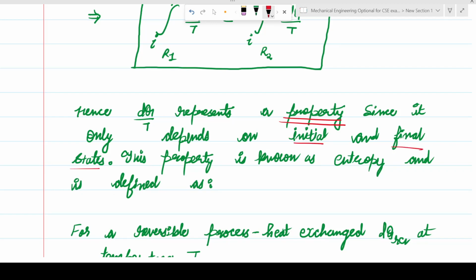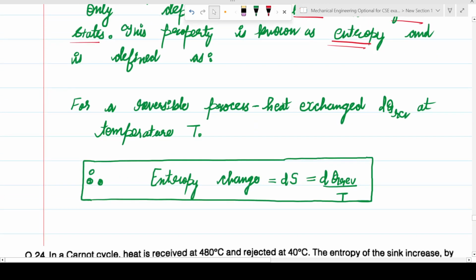So property जो होती है वो डिपेंड करती है सिर्फ इनिशियल और फाइनल स्टेट्स पे। उसको आप किस तरीके से कमाते हो वो डिपेंड नहीं करता, वो सिर्फ डिपेंड करती है कि आपने कितनी प्रॉपर्टी कमाई है, ये जो आपके पास पहले थी और बाद में क्या थी। तो इस तरीके से आप याद रख सकते हो कि बीच के किसी भी प्रोसेस से आपने कमाई हो, वो उस पर डिपेंडेंट नहीं होती है। तो ये जो सिस्टम है इसकी ये प्रॉपर्टी है। तो इस प्रॉपर्टी को हम कह सकते हैं एंट्रोपी। तो ये इस तरह से डिफाइन की जा सकती है। For a reversible process, the heat exchange dQ in a reversible process at a temperature T, the entropy change dS is given by dQ reversible by T। तो एक एंट्रोपी का कॉन्सेप्ट इसमें पूछा गया था।